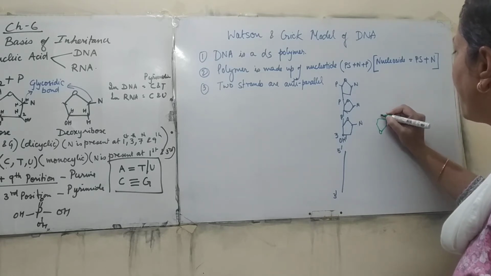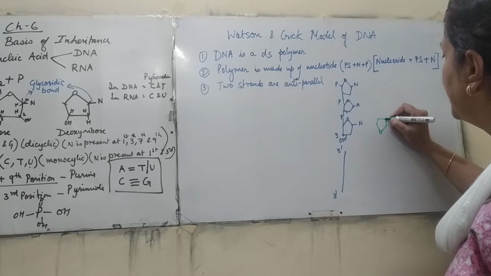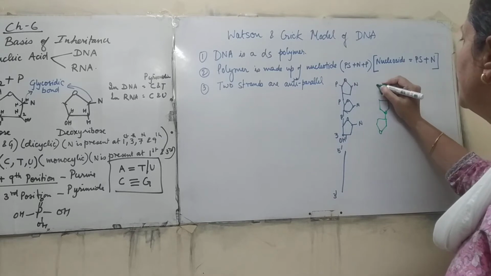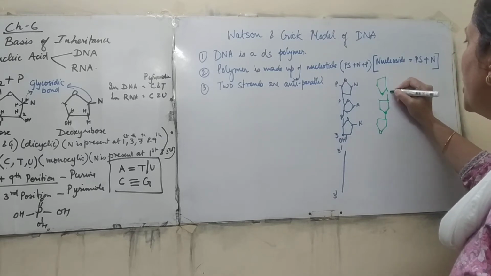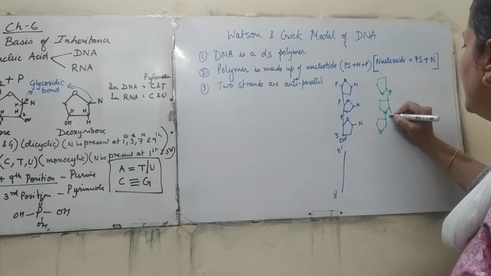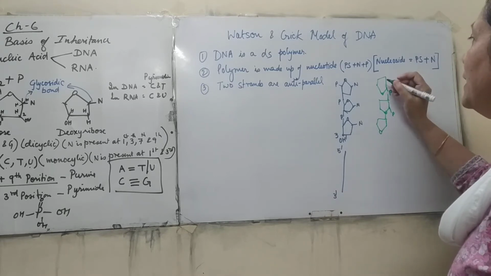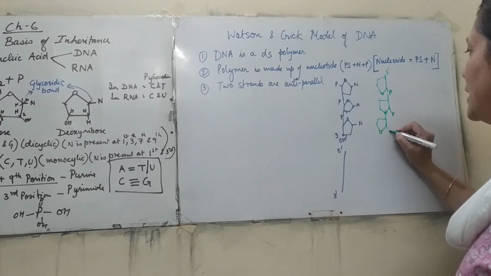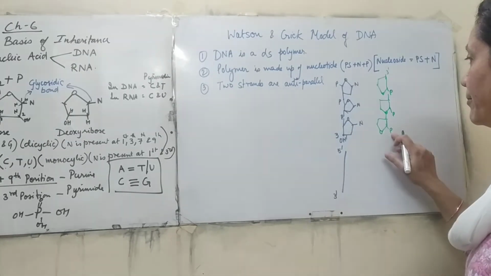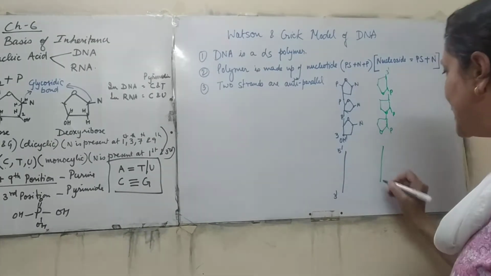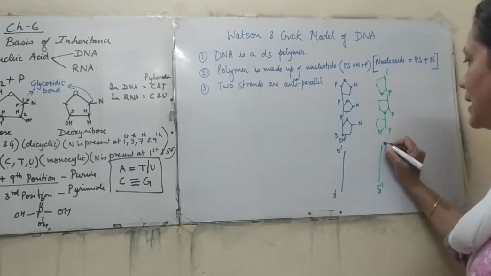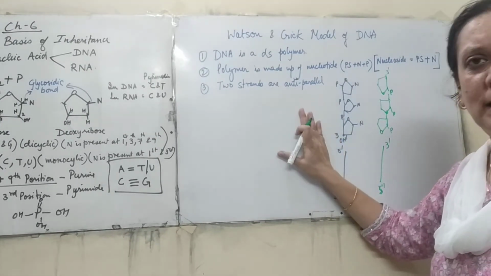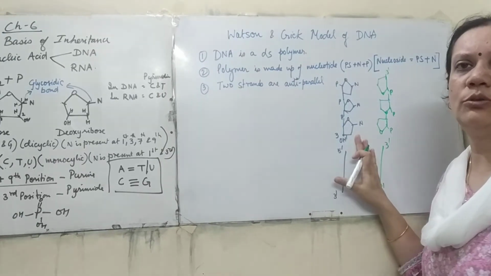Similarly, if I have to draw the other strand, it will be just this way. This is the first, second, third. So what did we get? We are getting here the P's attached here, and which carbon is free here? It is again the third carbon is free here, and the fifth carbon is free here. So if you represent it here, the 5th position is free and the 3rd position is free. This is known as anti-parallel structure. This we had discussed in class 11. If you have any doubt, you can refer to those notes.